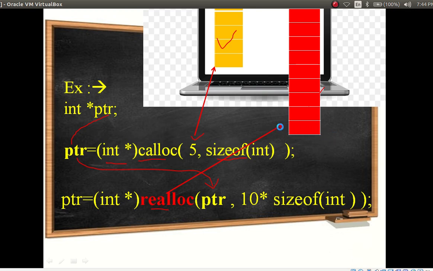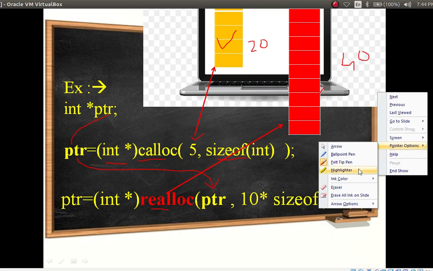Here what will happen? 5 into 4, that is 20 bytes, will be allocated for this calloc. 10 into 4, that is 40 bytes of memory, will be allocated using the realloc function. Now please try to understand this concept.